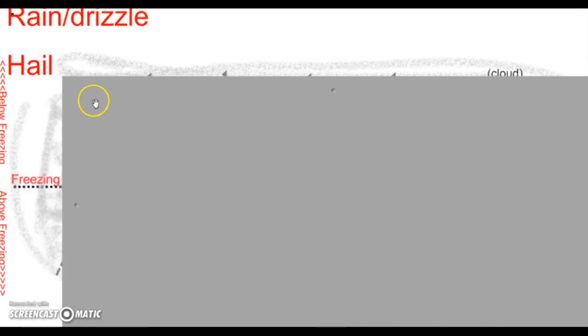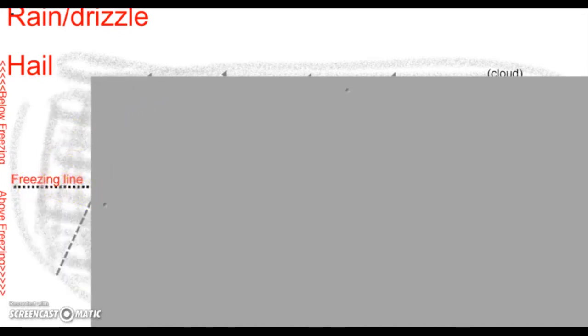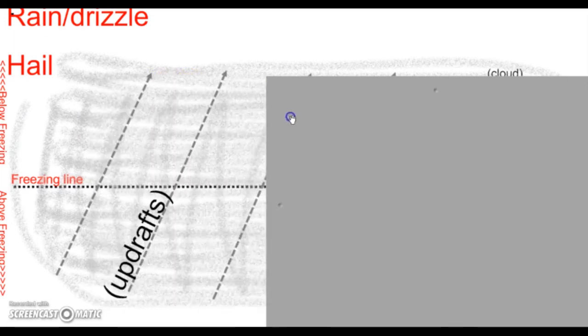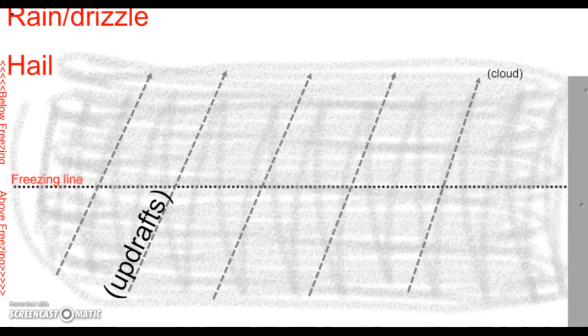Now, the first thing we need is this thing called a freezing line. This freezing line, above it, the temperature is below freezing. Below it, the temperature is above freezing. So it's above 32 degrees Fahrenheit here, below 32 degrees Fahrenheit here. And that freezing line goes through the whole cloud. The other thing we have in our cloud here are updrafts. So updrafts are what we really need to get these